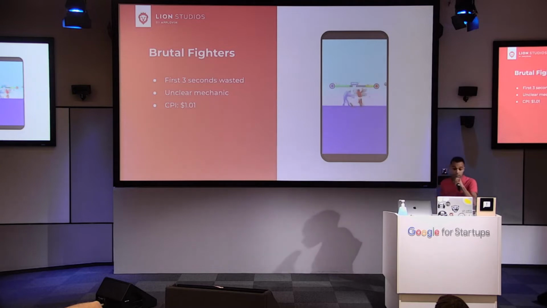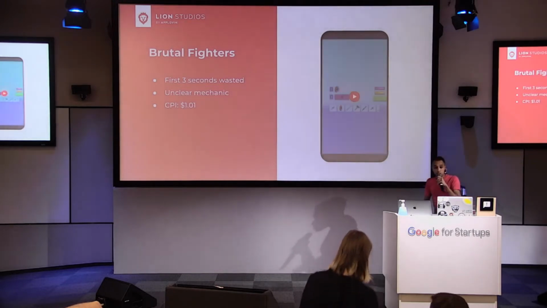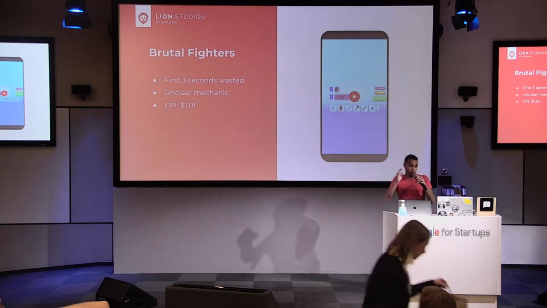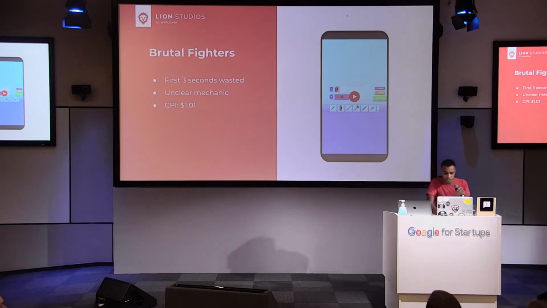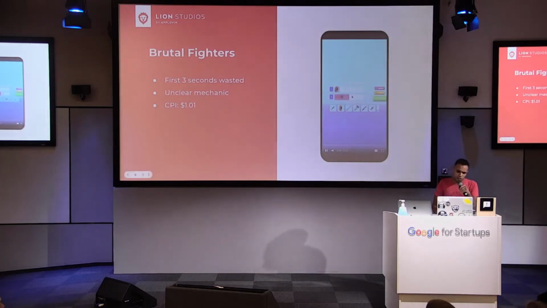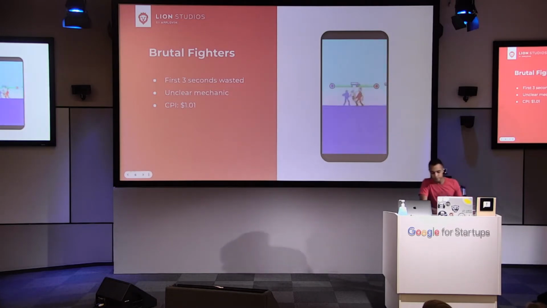So I bet you guys don't understand the first part of the creative. Basically, we wasted our first 3 seconds. We lost the attention span of the user. The mechanic is not that clear in those 3 seconds. We are crafting some weapons, but the windows are too small to be able to notice that we are crafting weapons. And this ad had a CPI of $1.